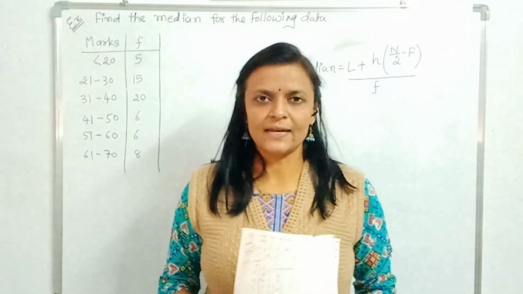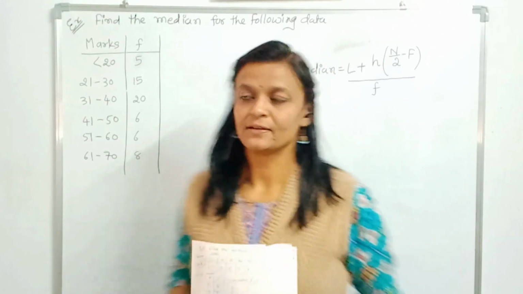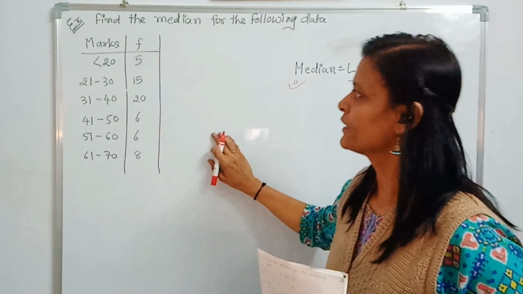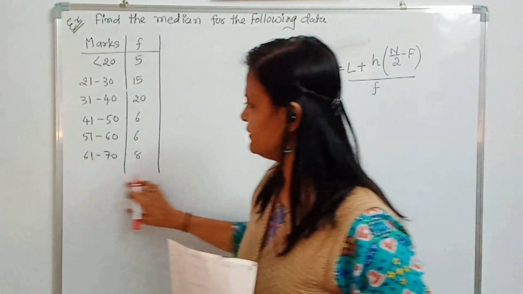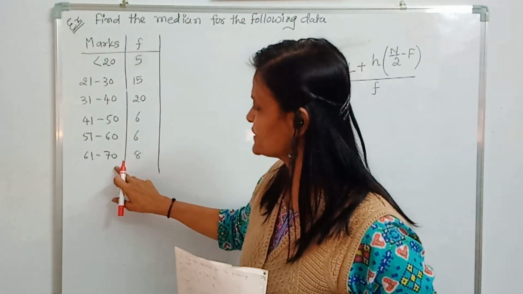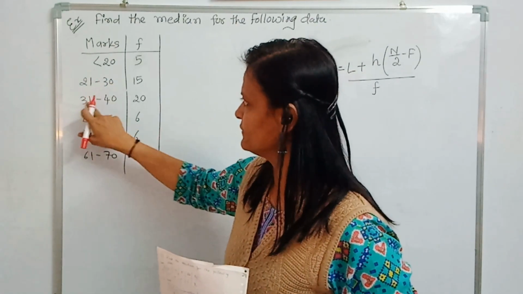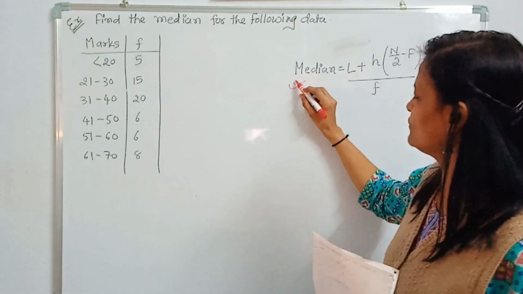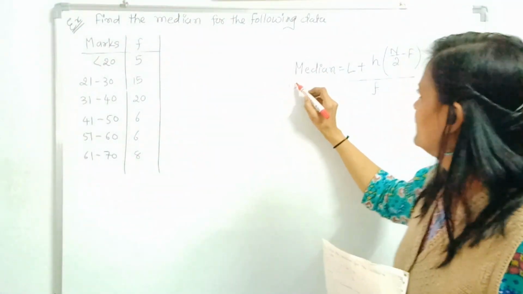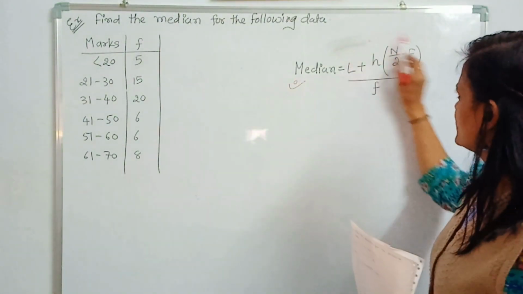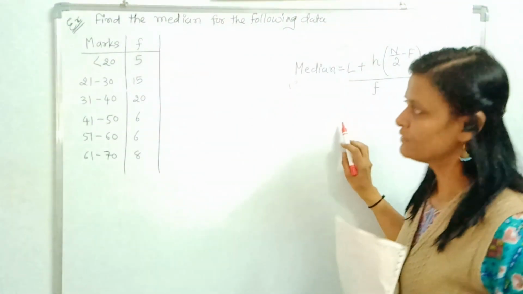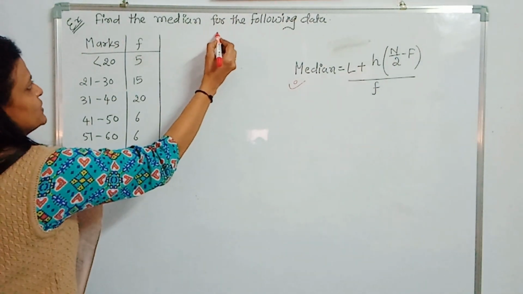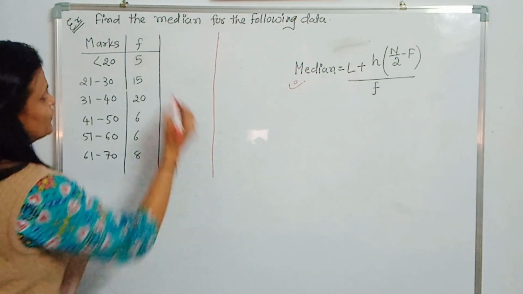Let us take another example of group data to find the median. Find the median for the following data. Here data is given in the form of a table, and check the first column. Instead of numbers, the ranges are given. In such examples, we have to use this equation of median. The terms included in this equation, I will explain later on. First of all, let me add a third column to this table, that of cumulative frequency.